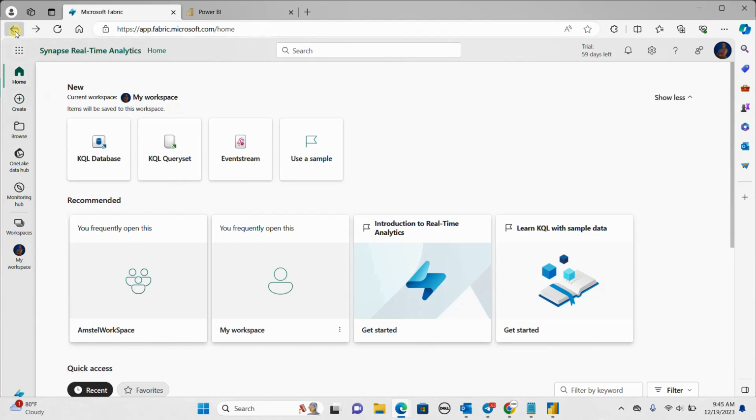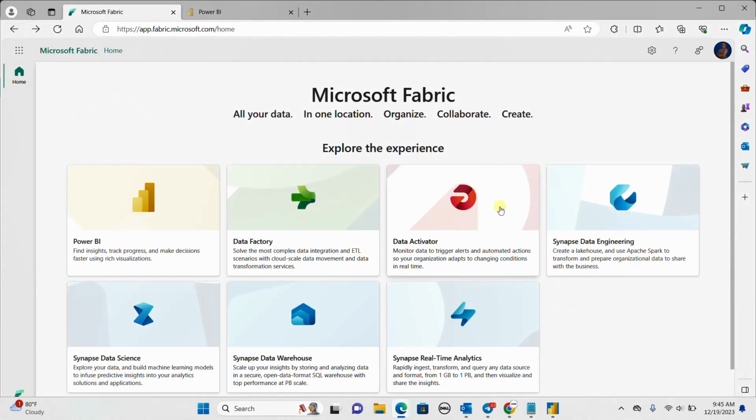So these are the various experiences you can have in Microsoft Fabric. I'm going to teach you how to use all of these experiences, both as a data analyst, using both real-time and cached data tables, Synapse